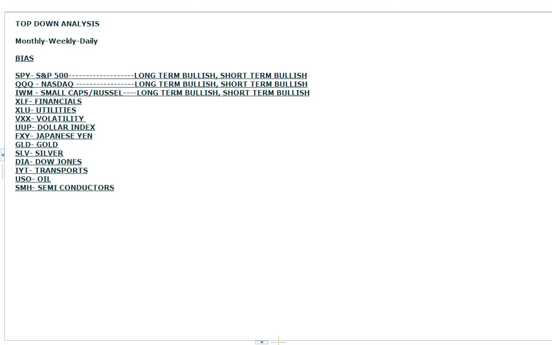So the spiders are making new highs, right? Qs are making new highs. Look at the financials. The financials have actually topped out at the beginning of 2018, right? Beginning of 2018,